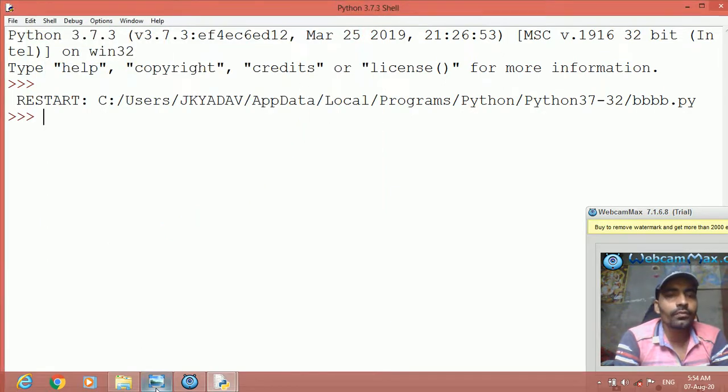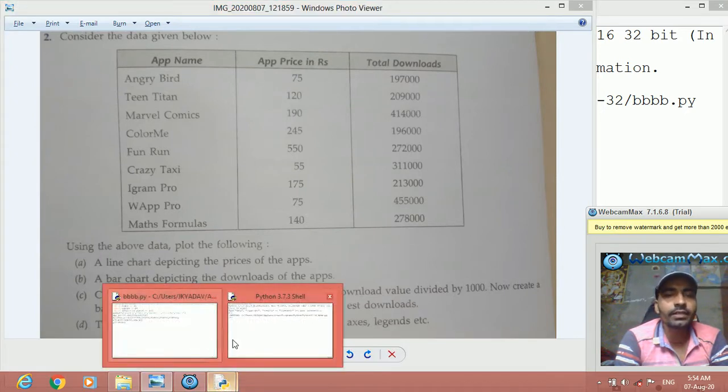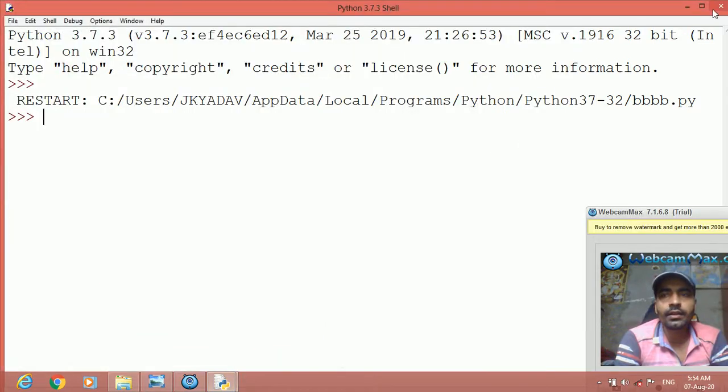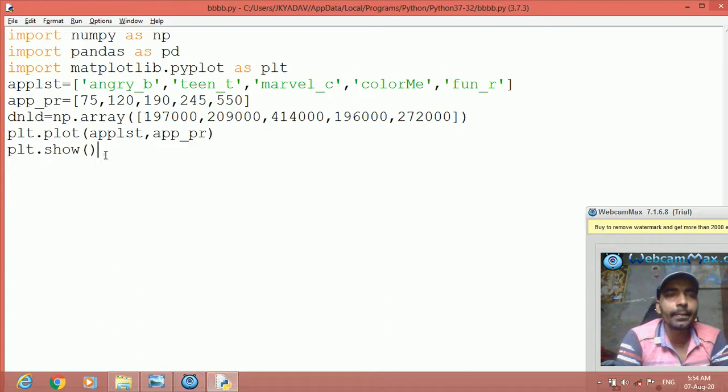Now, further, it is given a bar chart depicting the downloads of the app. So bar chart we have to create. Let us create a bar chart depicting the downloads of the app. For that we write plt.bar.